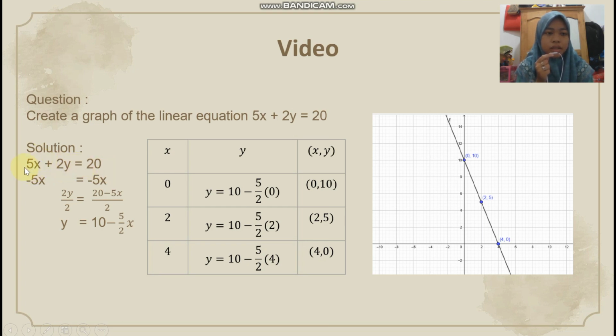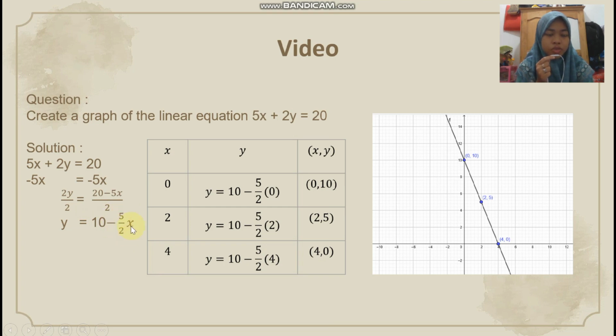On the left and right sides, we can add negative 5x to 5x and to 20, and it will be y equals 20 minus 5x. And on the left and right sides, we can divide by 2. And 2y divided by 2 equals 20 minus 5x divided by 2. And it will be y equals 10 minus